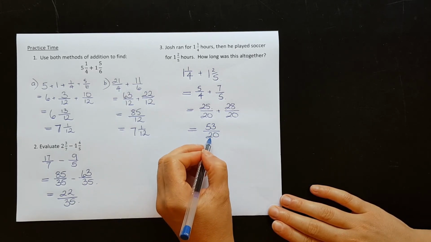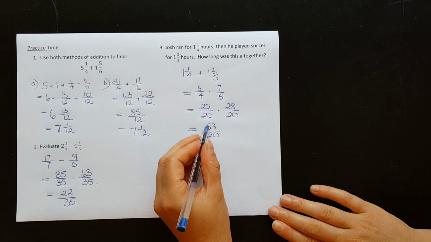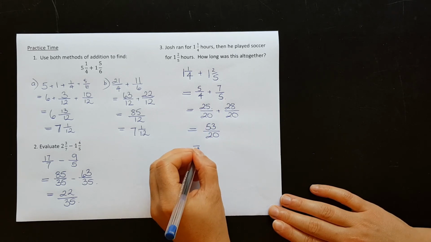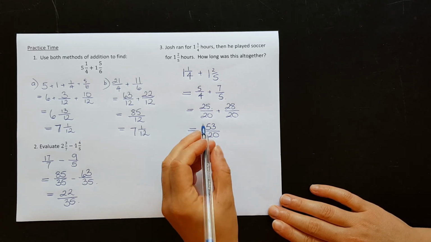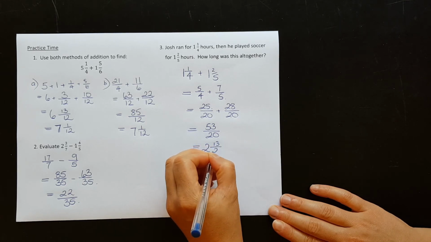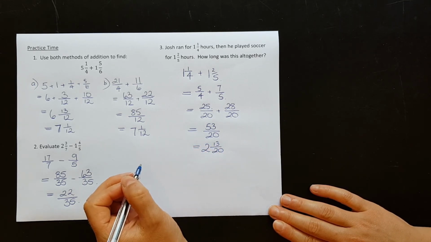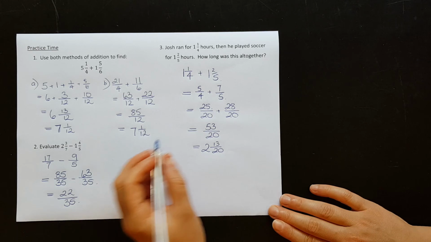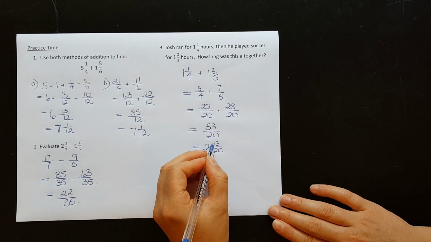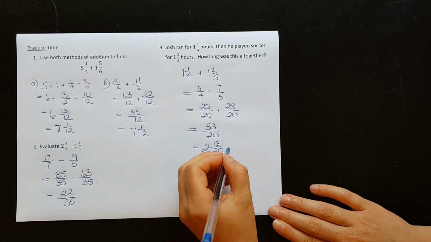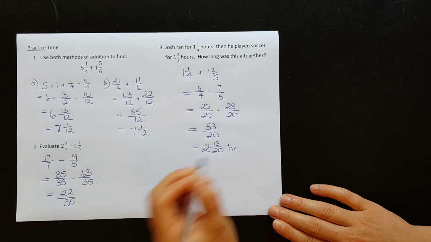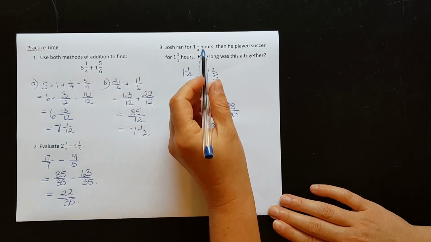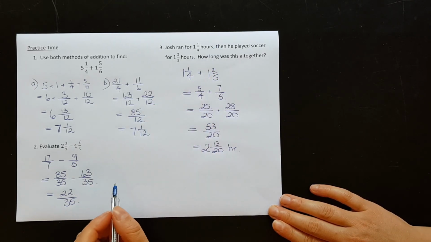Okay, now we need to know how many times does 20 go into 53? Well, 2 20s is 40, so it's going to go 2 whole times, and that will give me a remainder of 13 out of 20. Okay, so altogether it's 2 and 13 out of 20 hours that he is doing soccer and